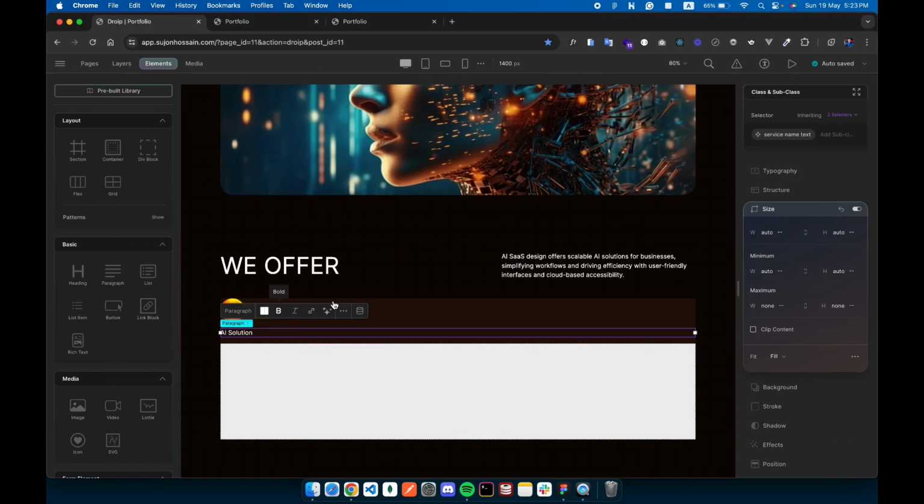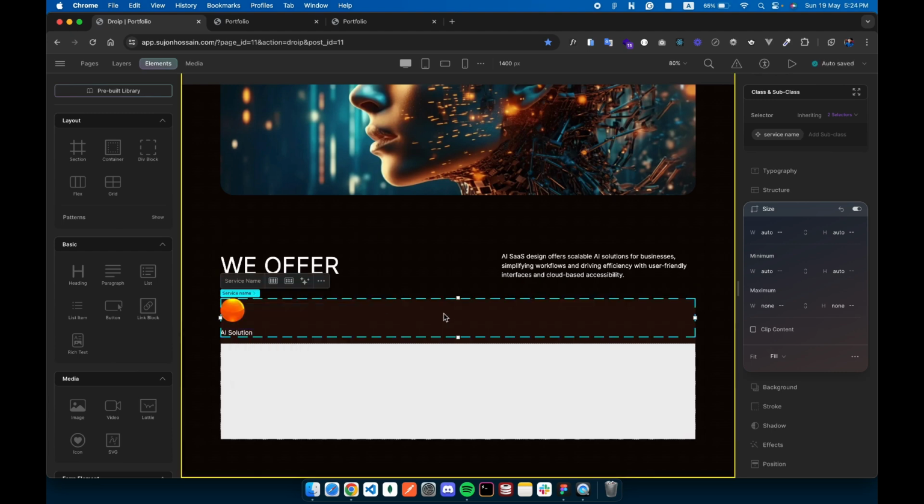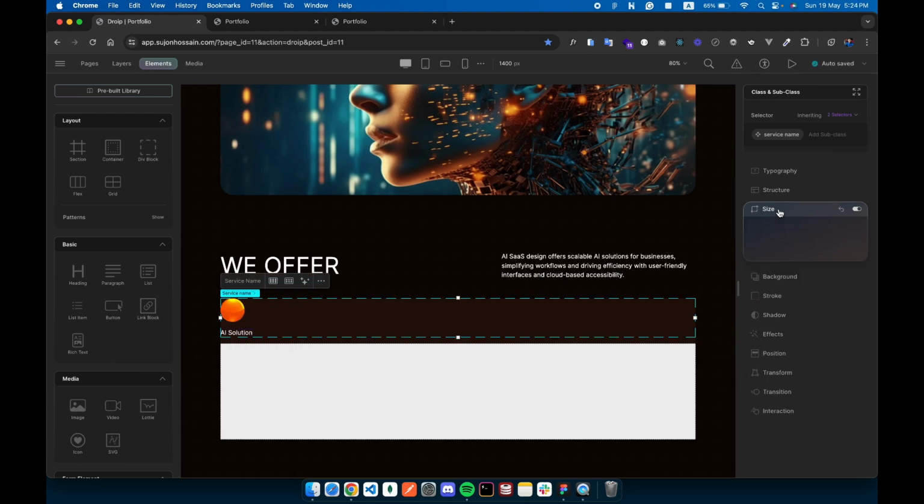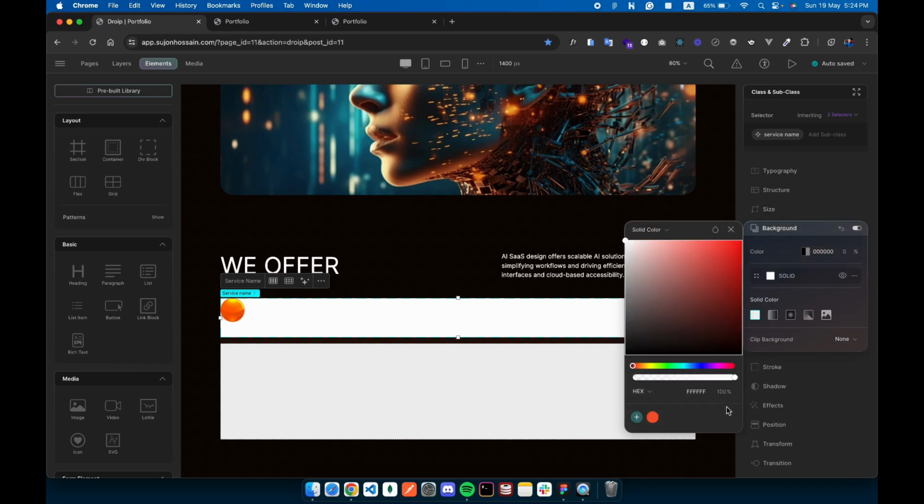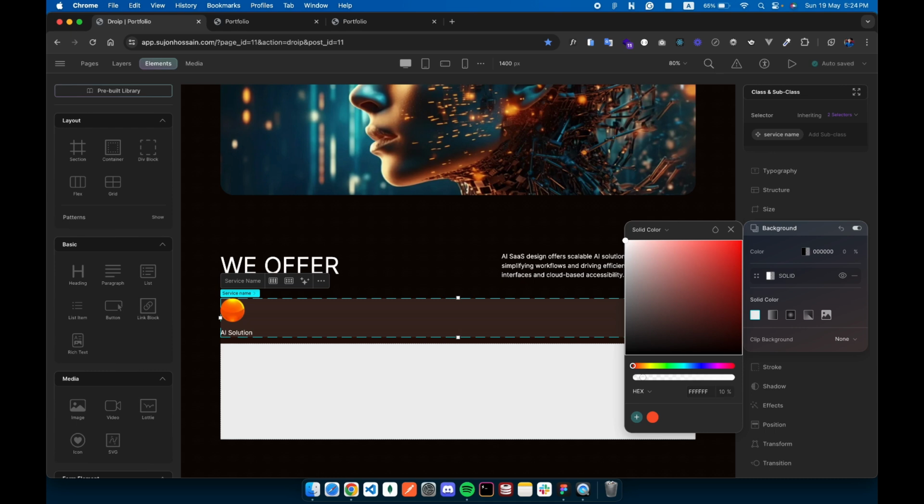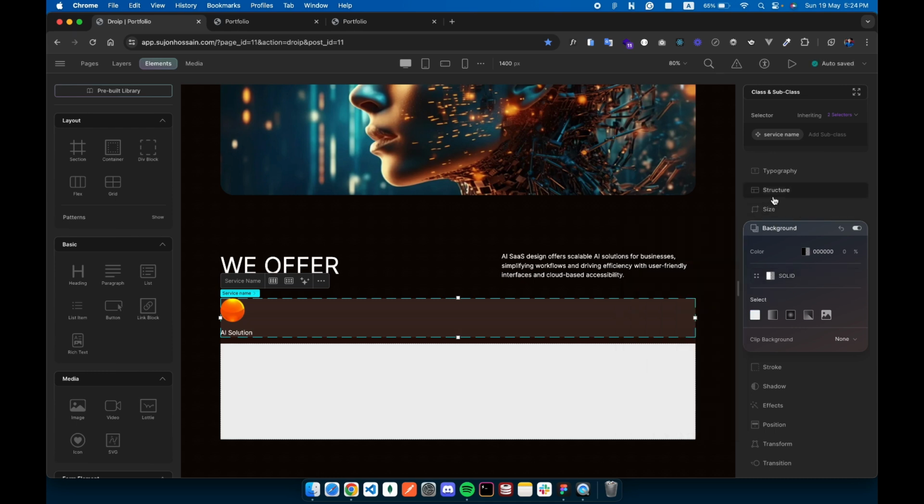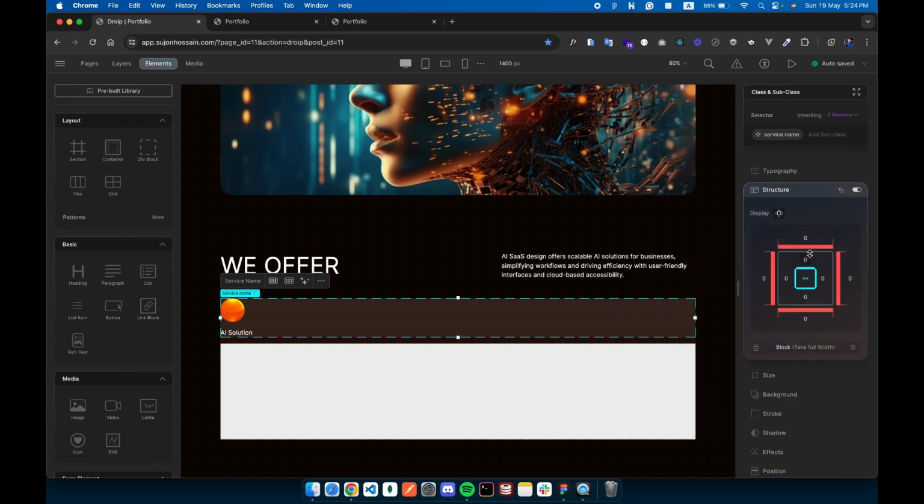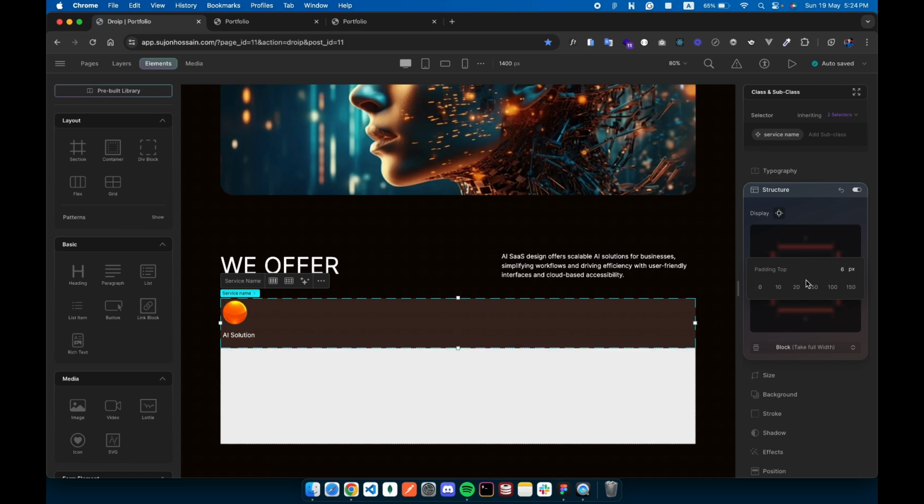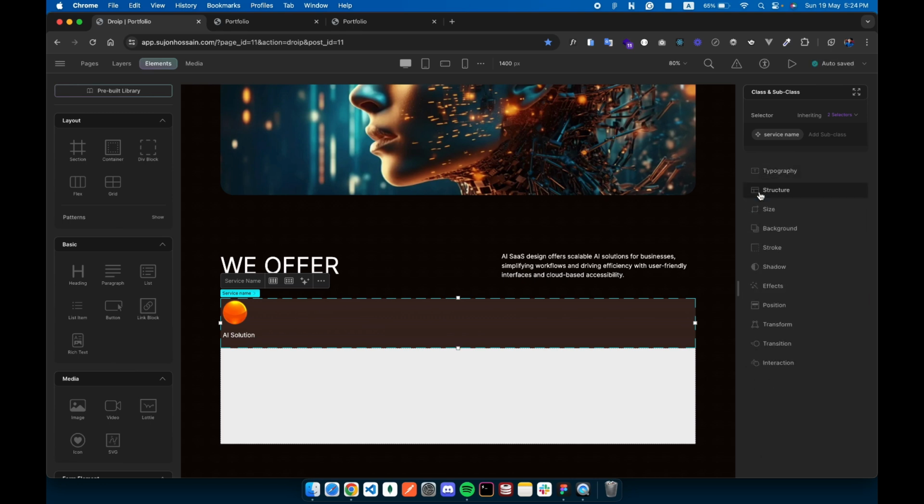Yeah, so we need to add a background for this one. Add a background, it will be white 10, and add a padding of 6 pixel, and it will be 16 pixel left. Okay, then